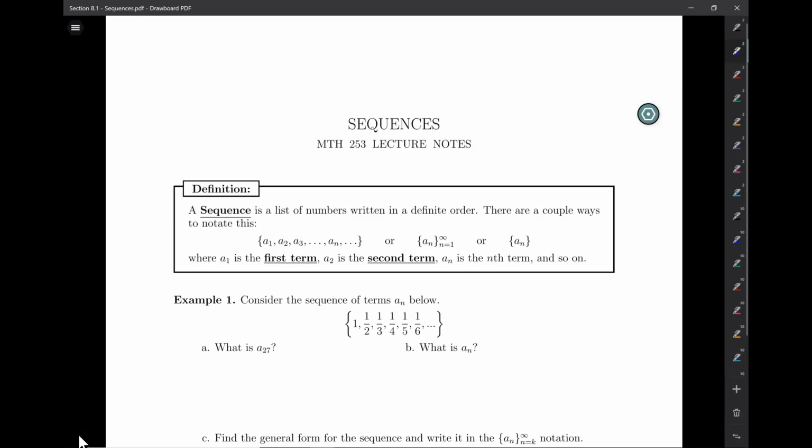In this video, we're going to take a look at sequences. So let's just start out with the definition of a sequence. A sequence is a list of numbers that are written in a definite order. There's a few ways that we're going to notate that, but notice all of which include set notation, where we